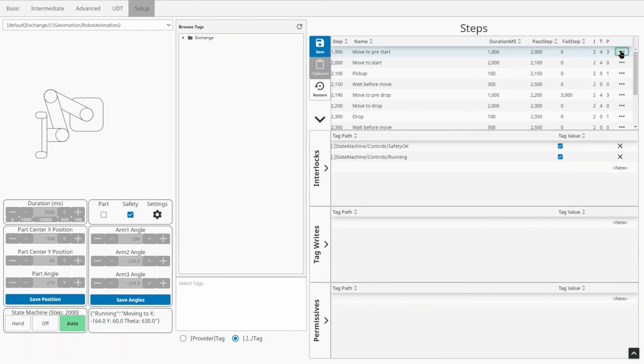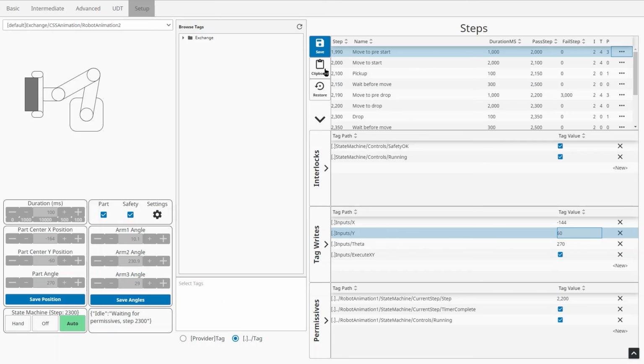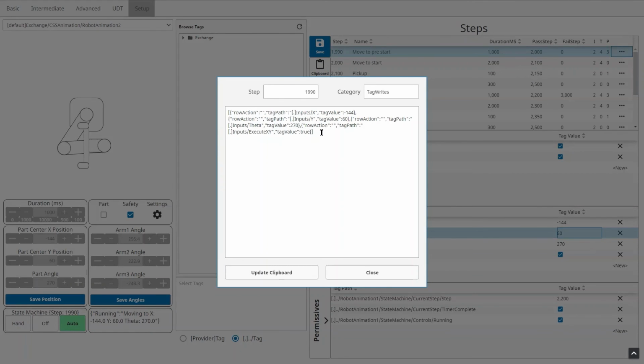We can also do the same thing for tag rights. Let's copy them, and you'll see that my clipboard lights up. We have values in here. This is just an array of JSON. We can take this and put it in Notepad++. Any of your text editors can do replace all on this. And we can paste it back in. Just as an example, I'm going to change these values a little bit. We'll go 45, 61, or 66. And I'm going to update.